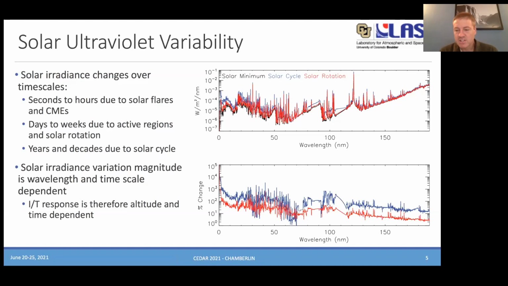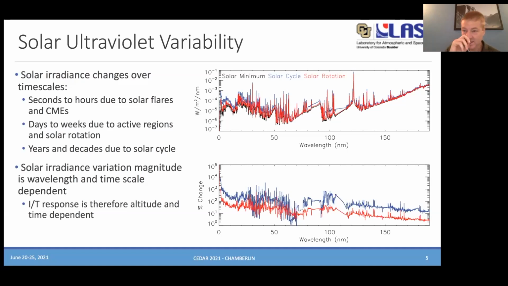Maybe it's only a 10% change in the FUV. There's some strong transition region emission lines in there that could change by maybe a factor of 2. But you look down at the very short wavelengths, the very high energy photons, and these can change by many orders of magnitude in these soft X-rays, factors of 1,000. So it's really important to accurately quantify this highly variable EUV, especially the XUV wavelength ranges.